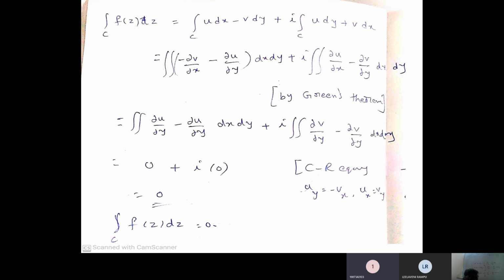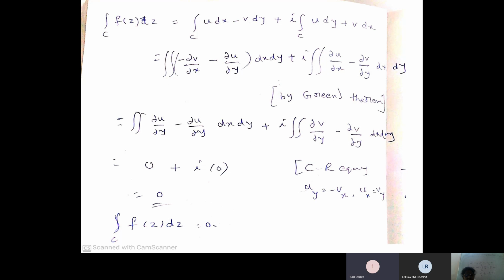Double integral of minus ∂v/∂x minus ∂u/∂y dx dy plus i into double integral of ∂u/∂x minus ∂v/∂y dx dy. Do you understand this? Yes, madam. Leela, what about you? Yes, madam. Okay. Now using Cauchy-Riemann equations,